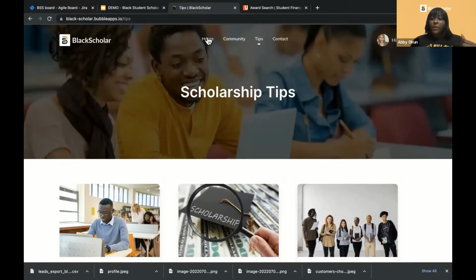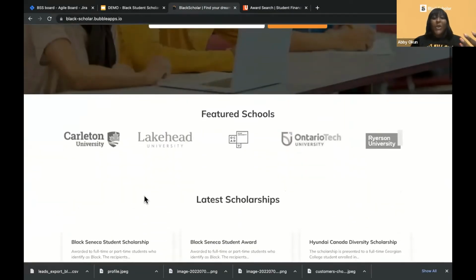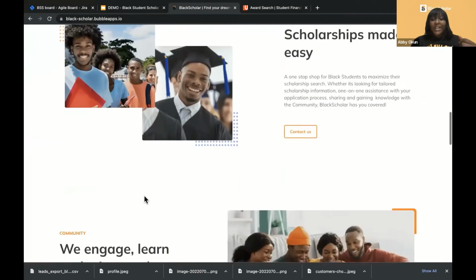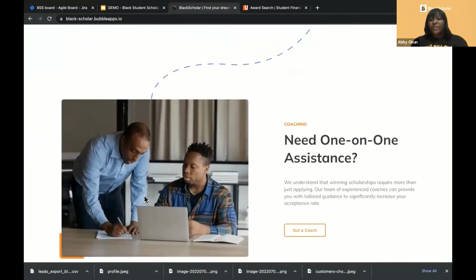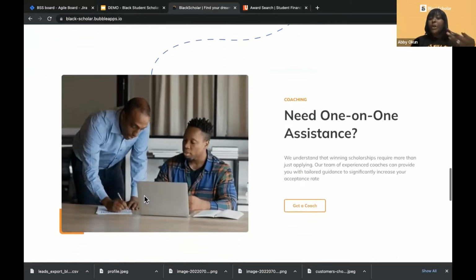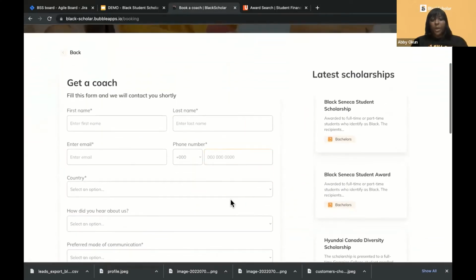So I'm going to go back to the home page, and I think this is the part most people are excited for, which is the coaching section that we have. There are some individuals that really need that guidance, right? They need to talk to someone to put them through. So if you're one of those individuals, what you need to do is come in here to book a coach. So you click on Get a Coach, and you have a form which is going to pop up,